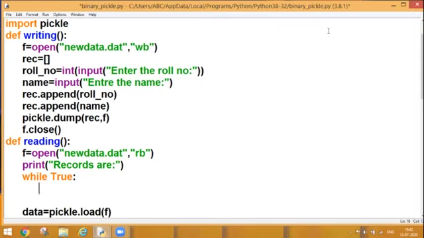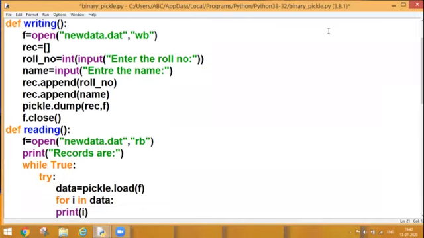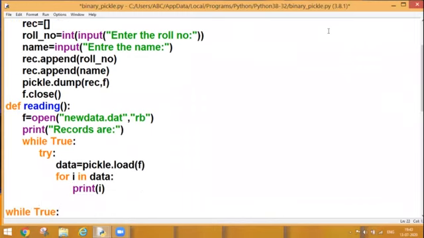So to avoid such situations, I can write try, and I can perform these steps over there. Try this, and I'm going to read the data and I'll write it. After that, I can create one except block also, for the case when end of file error will come. And what should be my exception? That it will break the loop.